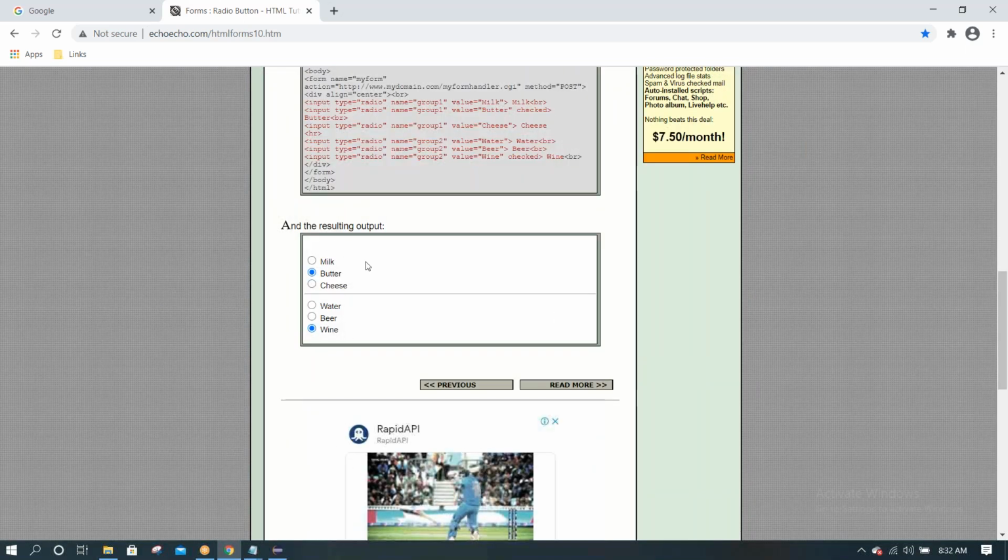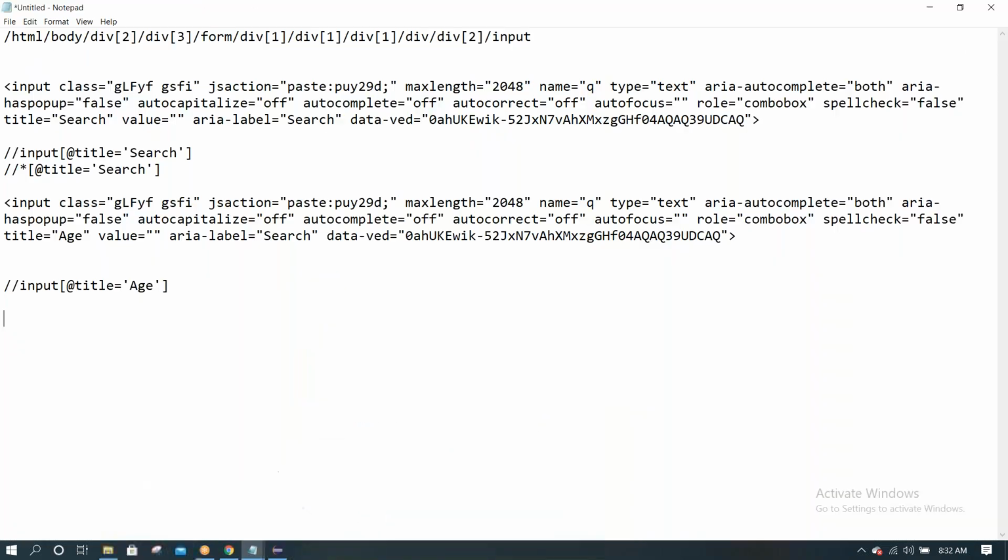Section 2 and section 3, like total 3 sections of radio buttons are there. We have discussed one scenario. Now we are discussing the second scenario using XPath.